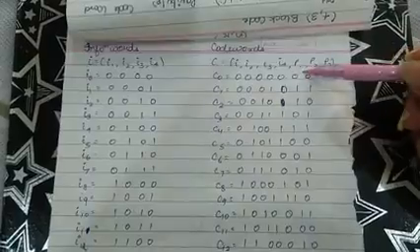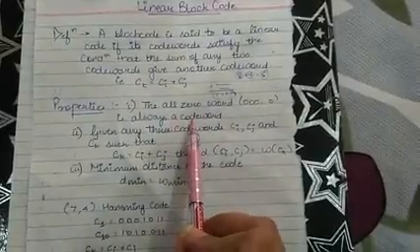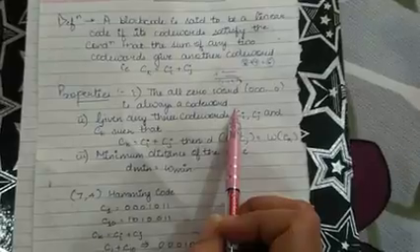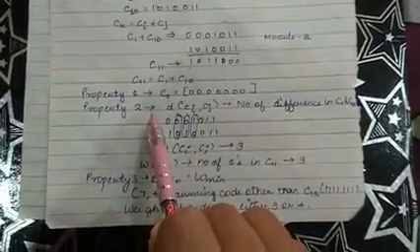So this is how our code word is generated. This is satisfying the first property, that the all-zero word is always a code word. Yes, a code word of seven zeros is a code word in the (7,4) Hamming code. So okay, then we are pursuing the next property.